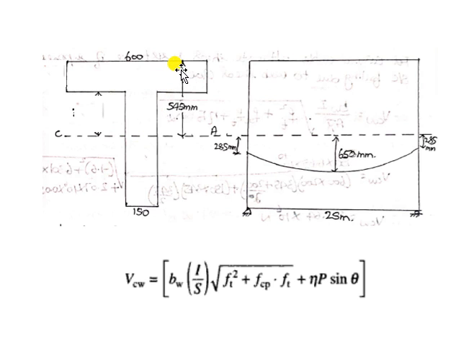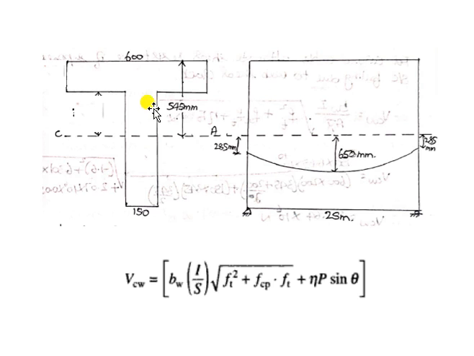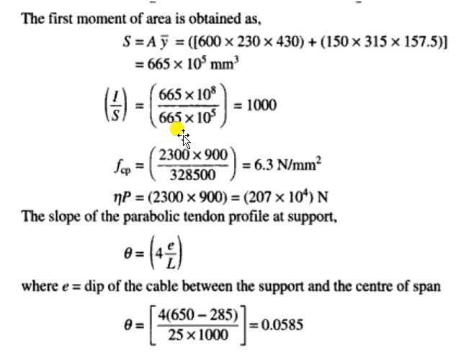so the thickness of the web is 150. So 150 into 315. 315 is the depth of the web. From here to here it is 545 millimeter. The thickness of the flange is 230 millimeter. Then the remaining height of the web is 315 millimeter. So 150 is the thickness of the web and 315 is the depth of web, which is the cross section